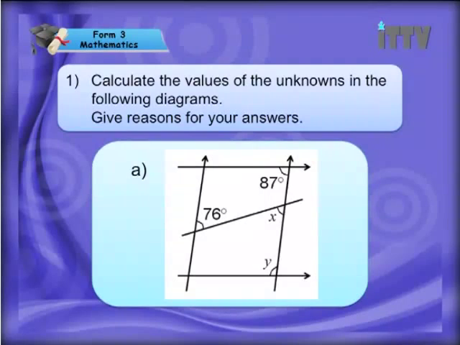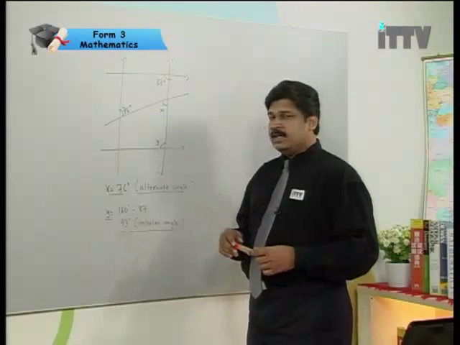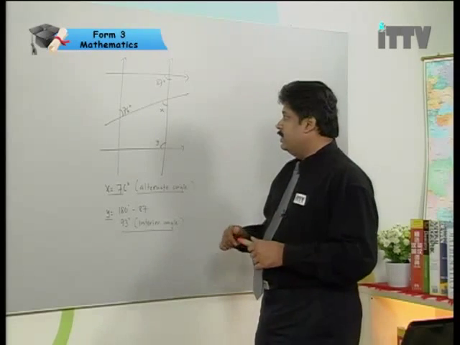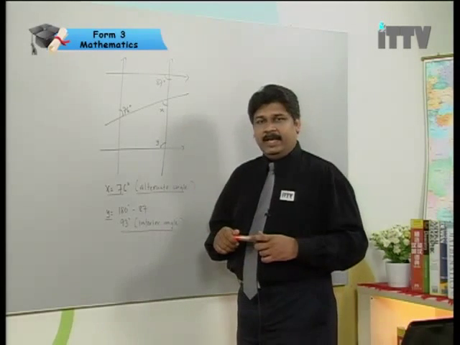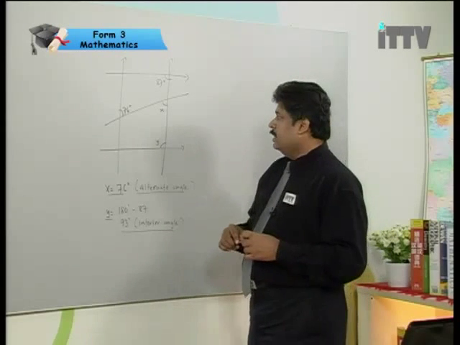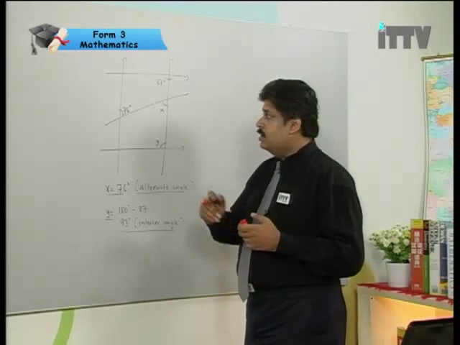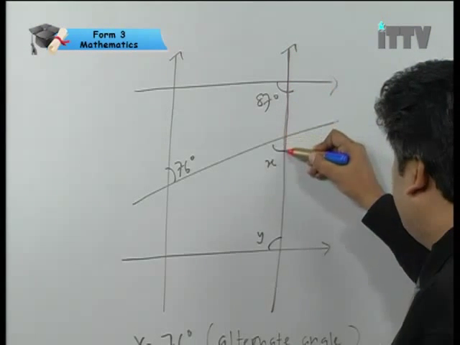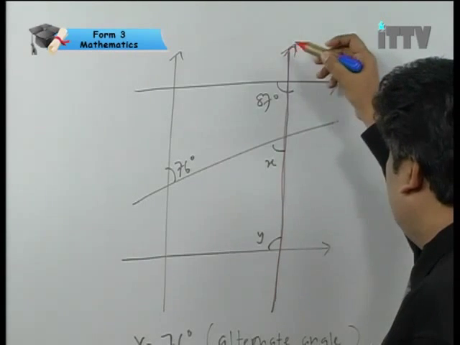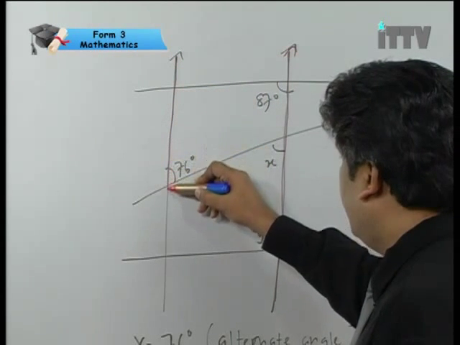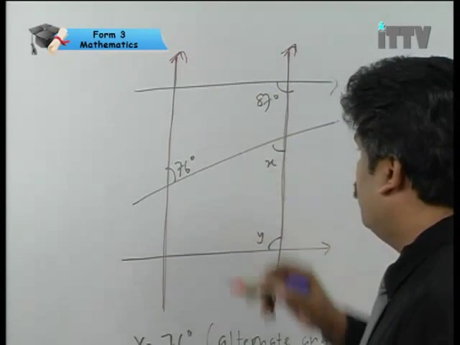Let us look into our first question. Calculate the values of the unknowns in the following diagrams. Give reasons for your answer. Well, boys and girls, in our next question, we are requested to find the values of x and y and to give reasons for our answer. If you look very closely, we have two parallel lines. Those on my right, this,